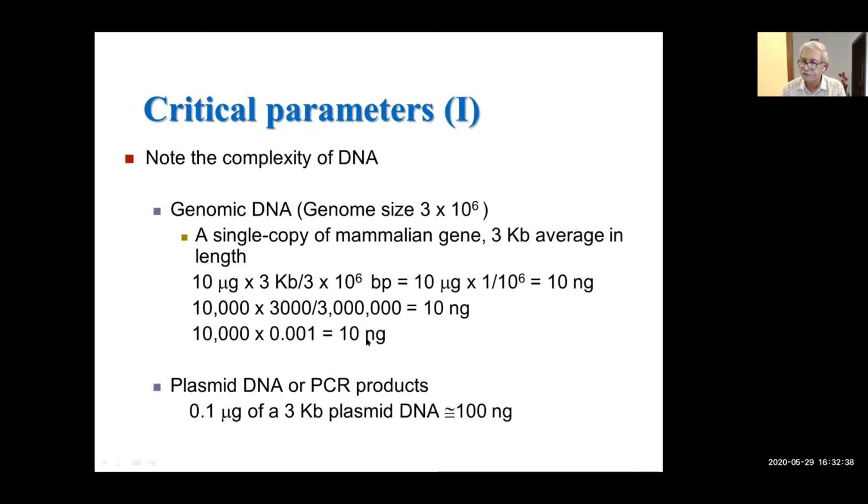Maybe if your gene is bigger, if this is 4 kb or 5 kb, you need a lesser amount of DNA. Okay? But if your gene gets smaller, then this value can increase. So you always have to calculate this by just supposing a first concentration yourself. You can take it as 5 or 10 or 15, whatever you like. You just need to see that the value should be 10 nanogram at this position, at the answer level. When you get 10 nanogram at a specific DNA concentration, it means that your DNA is enough for going to Southern hybridization. You will be able to very easily detect that particular transgene in the Southern hybridization